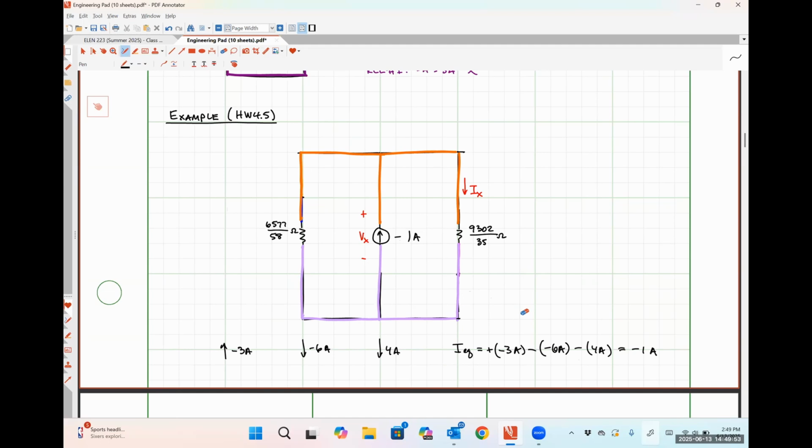You know the current flowing through the whole system is -1 amp, so can you just do Ohm's law? Exactly right. That is 100% what I would do. So I would say that Vx is going to be -1 amp multiplied by, and I'm going to use a shorthand notation here, 6577 over 58 ohms in parallel with 9302 over 35 ohms. I'm going to put this in my calculator the real way, but that shorthand notation